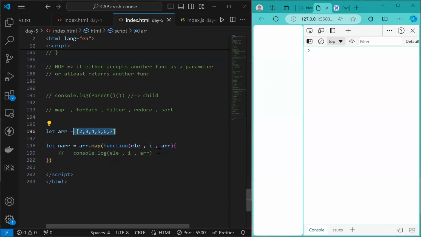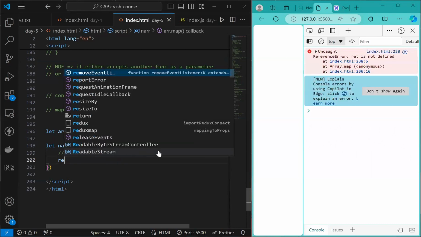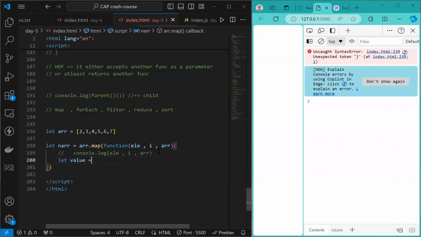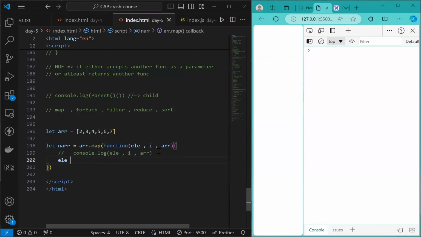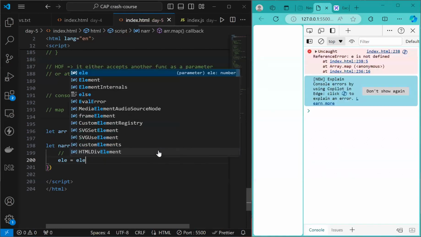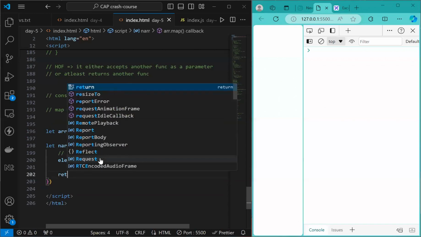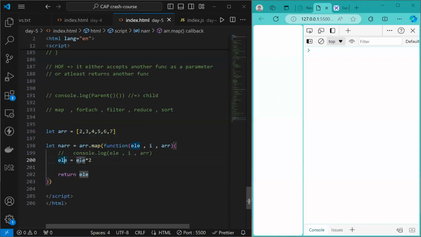What do I mean by that? Let's say if I picked an element, and on this element I did element equals element into 2. So what I'm trying to do is double the element value, for each element. So if I finally just return the element after updating the element value, now if I go and print this new array,